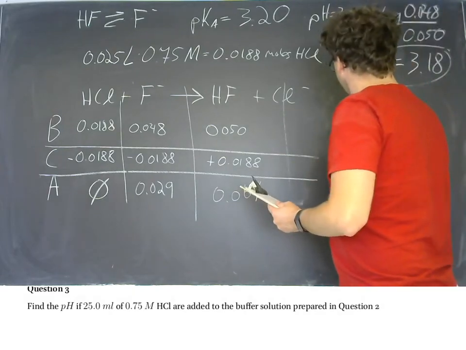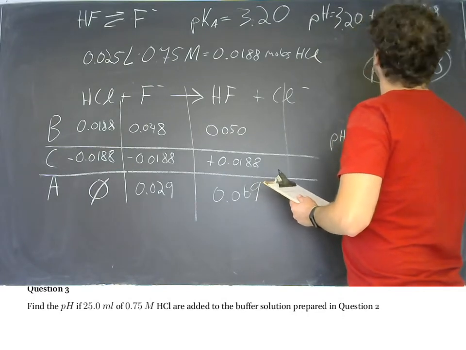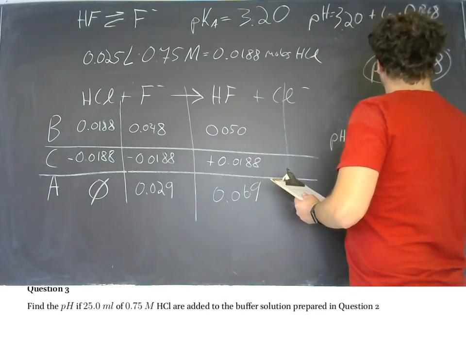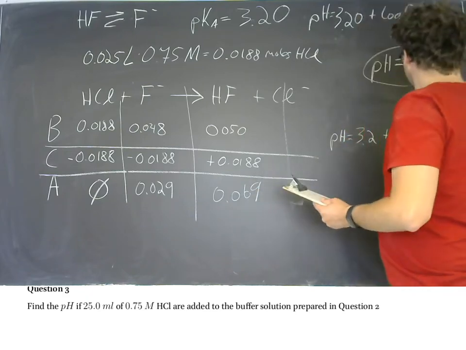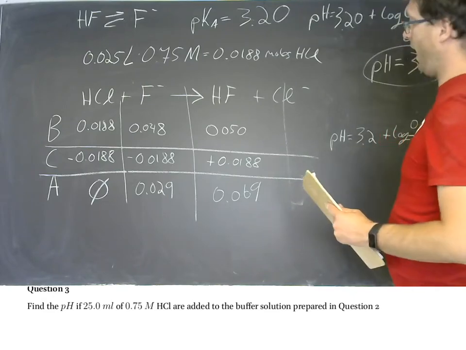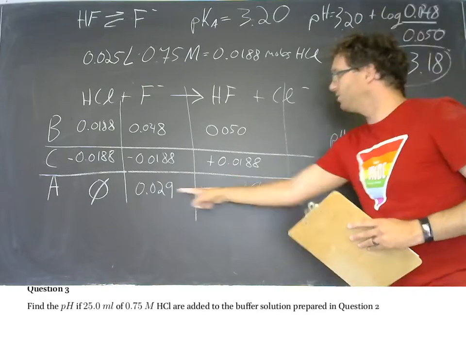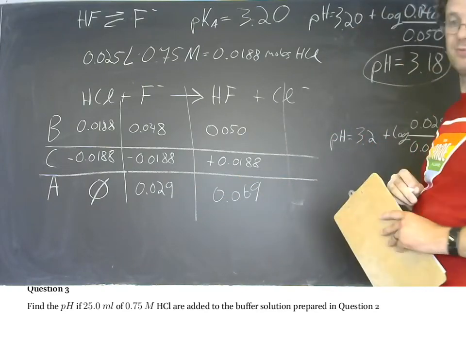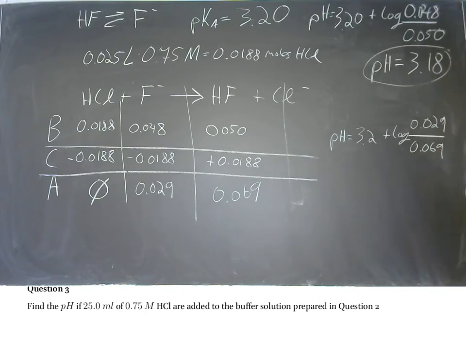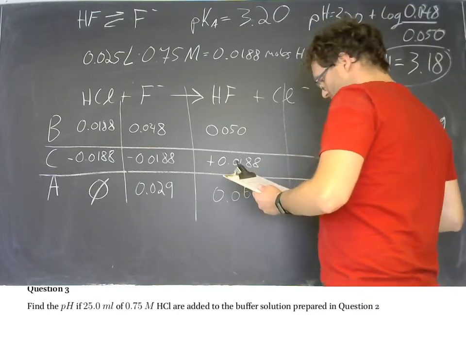So here's pH is equal to the pKa of 3.2 plus the log of, now our base is 0.029 and our acid is 0.069. These new numbers go into the Henderson-Hasselbalch equation. Let me stand back a little bit and let you see that. That's the base, 0.029, and there's the acid, 0.069. And this gives us a pH equal to 2.82,